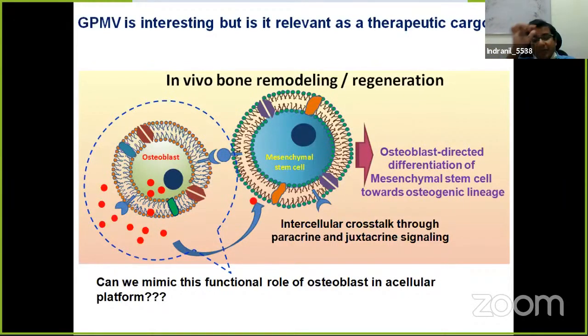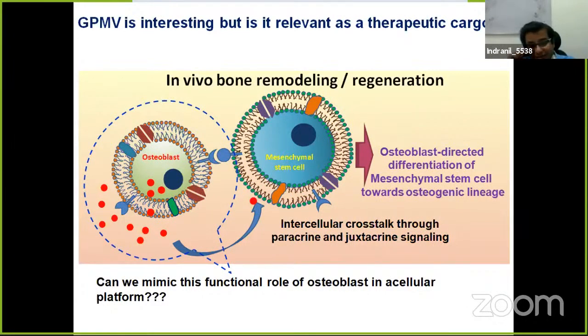Yeah. So on the basis of that, when we confirm this one, this GPMP can be used as a drug delivery cargo. So then here we designed a hypothesis that is related to some part of my other work, that is tissue engineering and regenerative medicine. So we want to check whether this cell-derived GPMP can be used as a regenerative cargo or not. That means whether it can deliver certain therapeutics that can help in a regeneration mode.